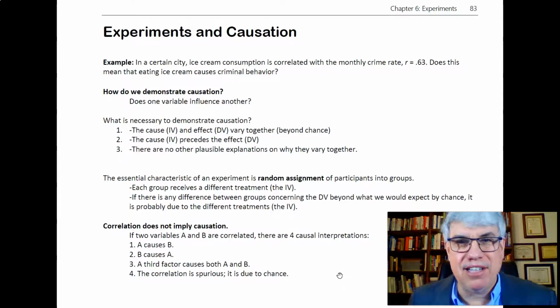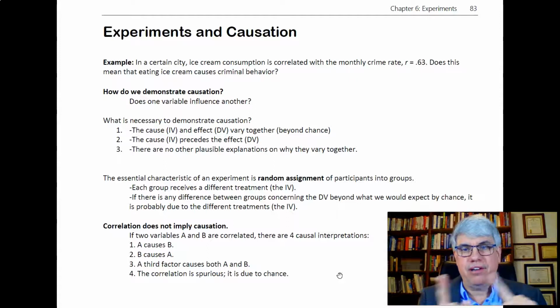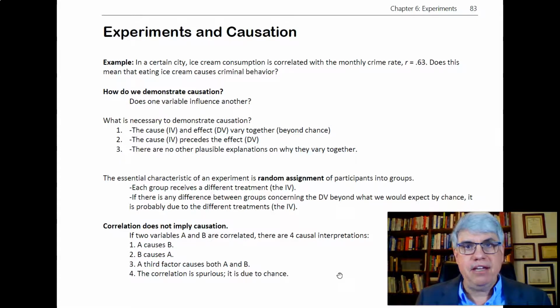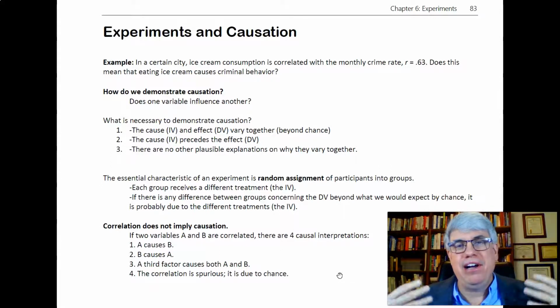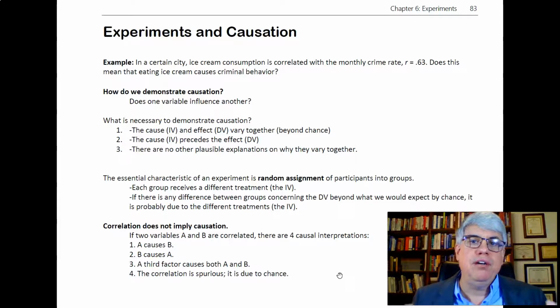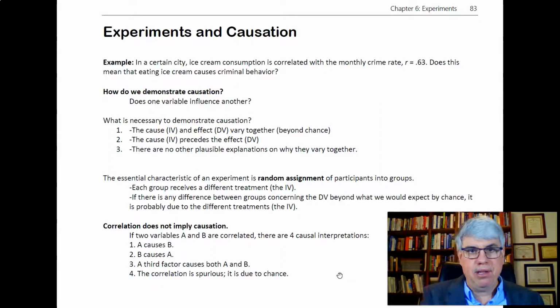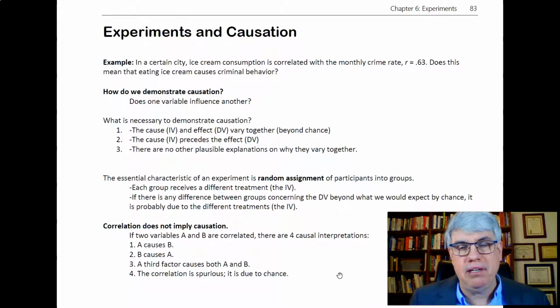There's probably something else causing both the crime rate and the consumption of ice cream, and that's the case. It's the temperature. When it's hot, crime rate goes up. People are outside more, they're out late at night, causing problems. They get more irritated. There's more crime in the summer than there is in the winter, and in the same way ice cream consumption is greater in the summer than the winter. So we see this cyclic pattern that corresponds both to ice cream consumption and to crime.